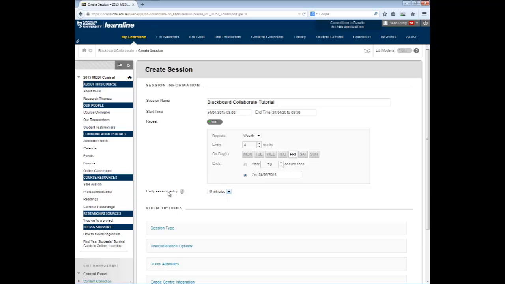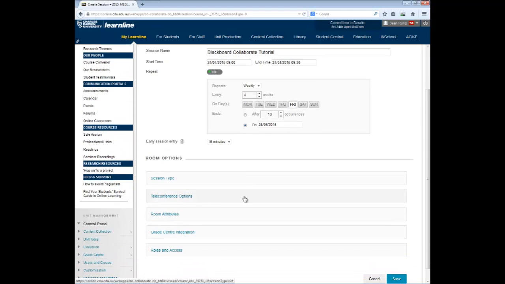We'll make the early session entry 15 minutes. That's fine. Now, because it's currently 8:47 and this is scheduled to start at 9 o'clock, I'm actually able to get in because it's about 13 minutes before currently. So that's fine. We'll leave that. I like to give myself at least 15 minutes so I can get in there, make sure everything's set up correctly. That's more for big events, but it's nice to be able to go in there,